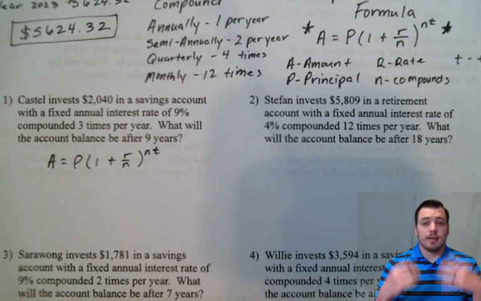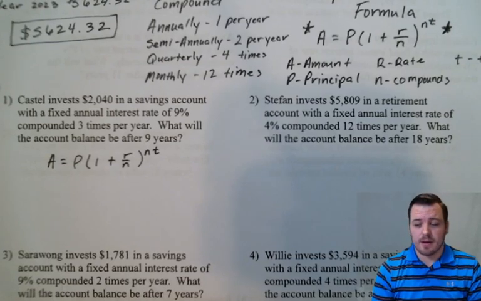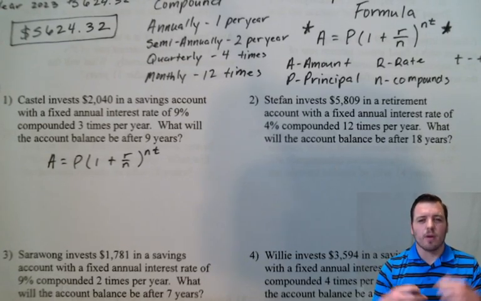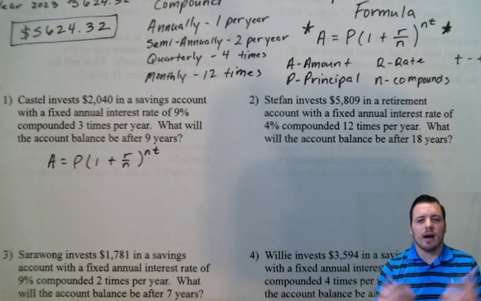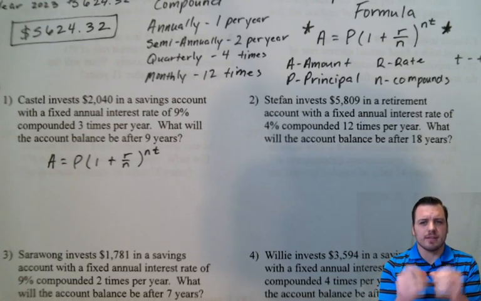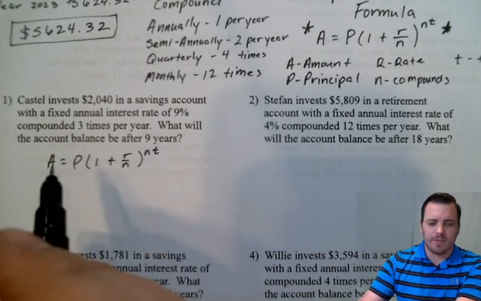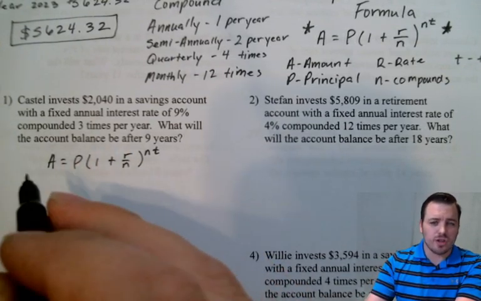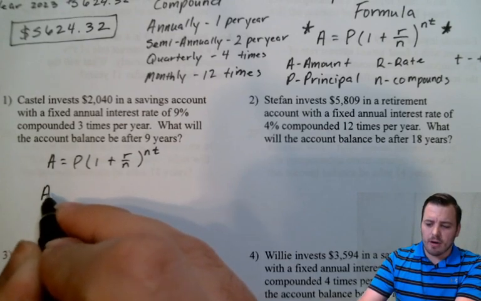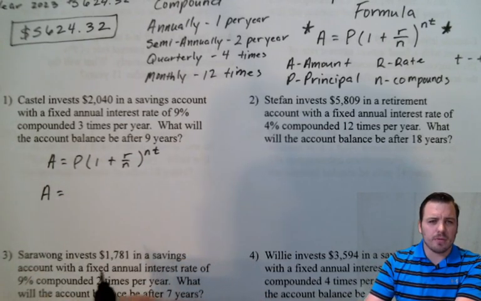Okay, and then guys, I feel like this lesson is a little bit more about your knowledge than it is your ability to do a specific skill, because basically we're just typing in the formula, and the thing is just knowing the formula. So her amount after 9 years will be equal to her principal,